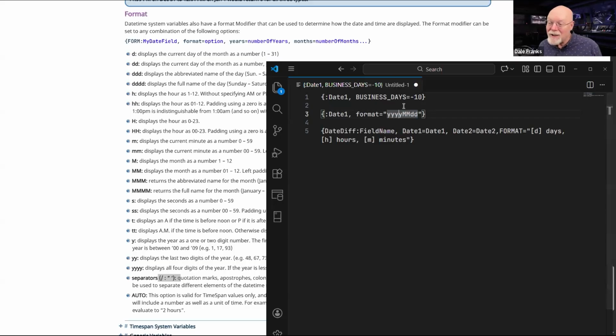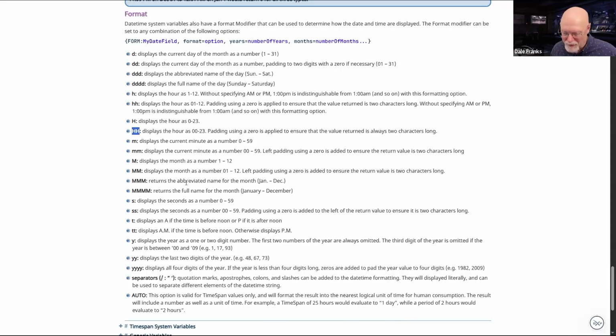A DTG has no separators. It is just a bunch of numbers to specify a particular date. If you really want a DTG, the way that it used to show up would be capital HH. Capitalization is really important on these things because a small m displays minutes, a large M displays months.